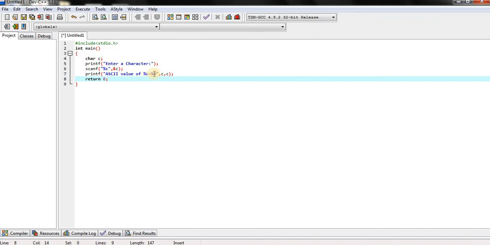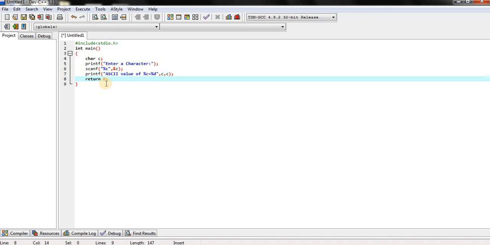That value must be an integer, and an integer has the format specifier %d. c is a character, and the character value is included in %c equals %d, and return 0.